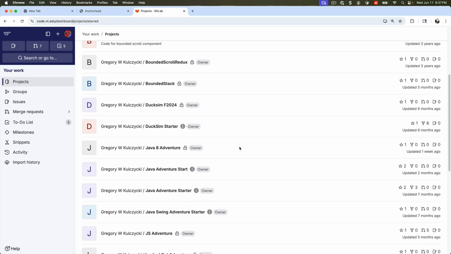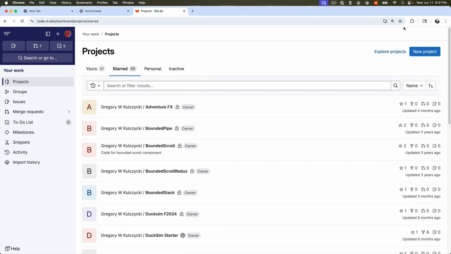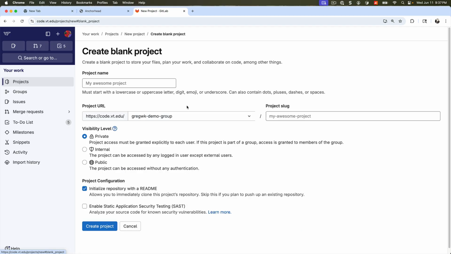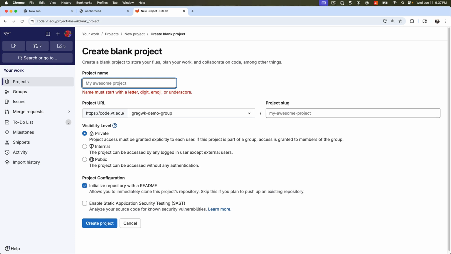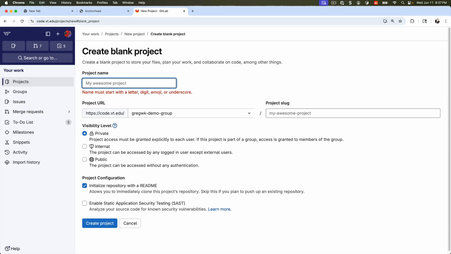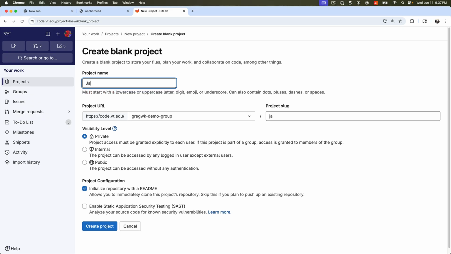And let me see if Java 8 Adventure is the one I was playing around with. So I'm going to create a new project. And this is going to be a new blank project. Okay, I'm not going to import it from anything, not going to use a template. I'm going to call this Java 8